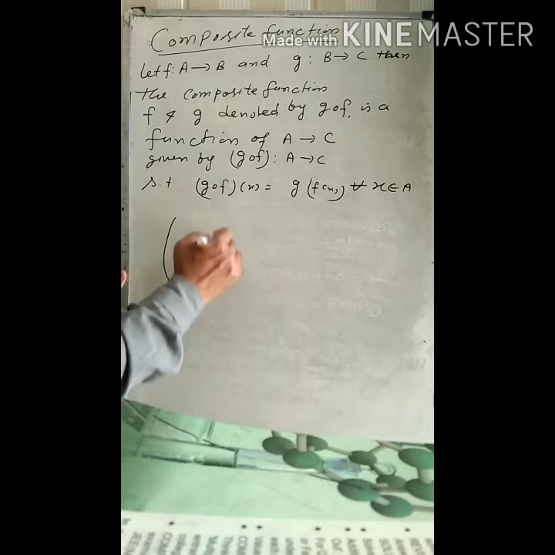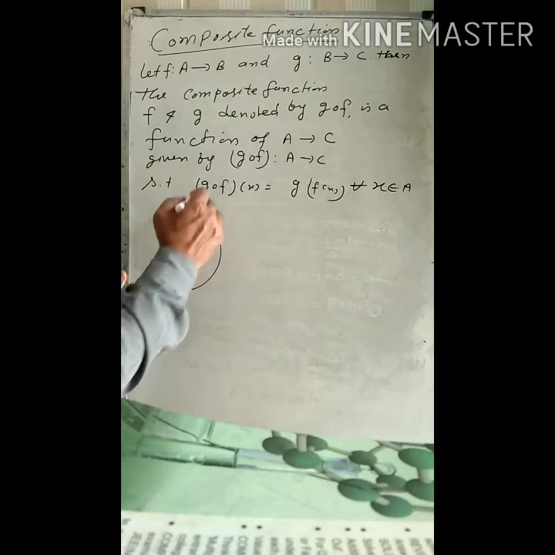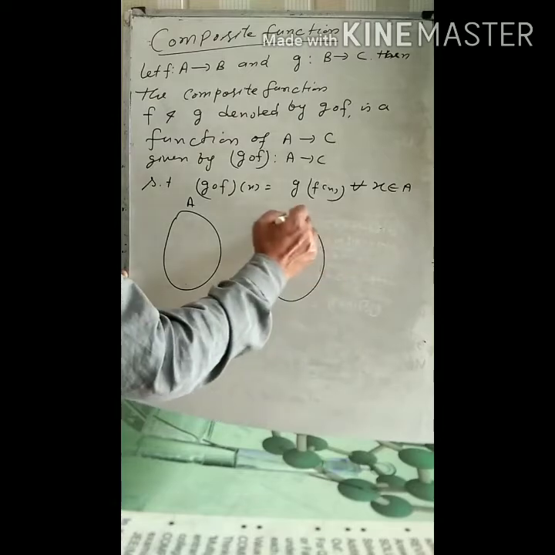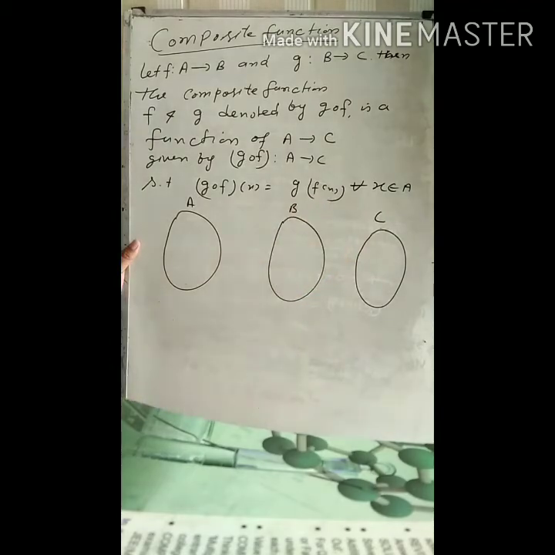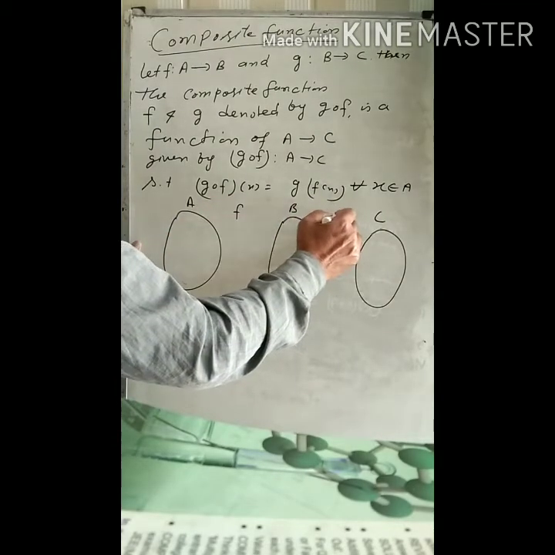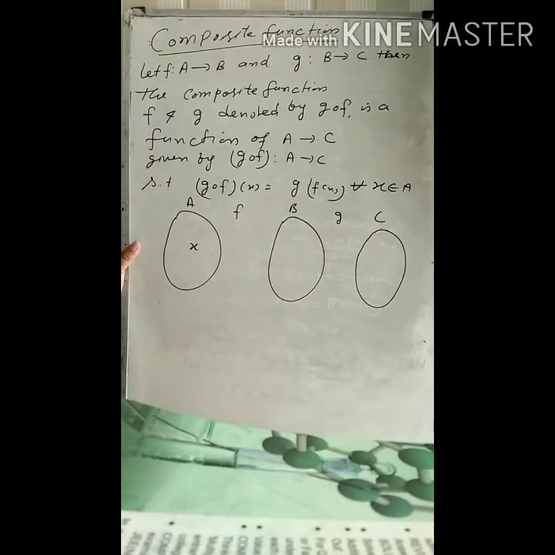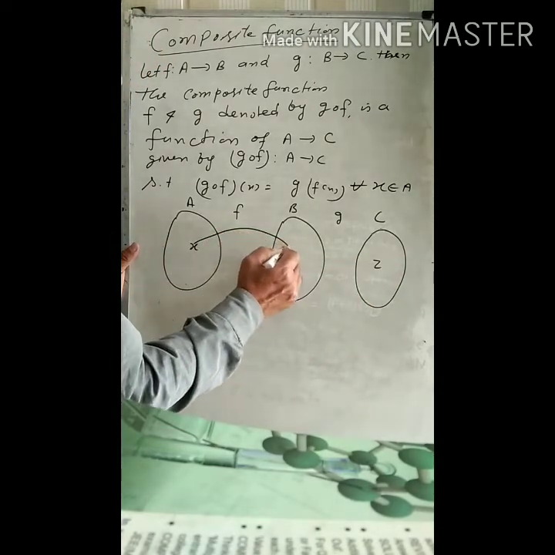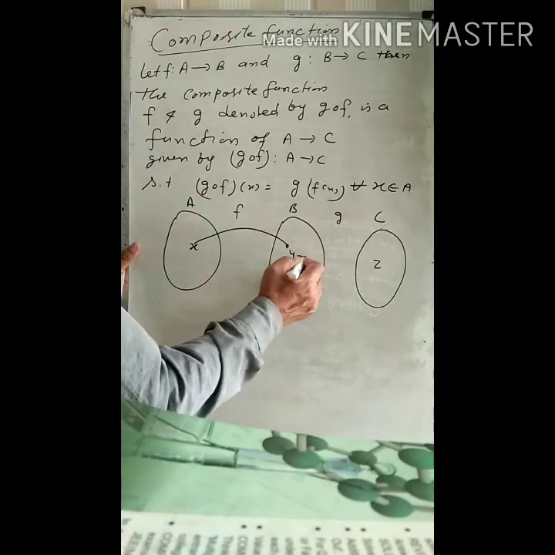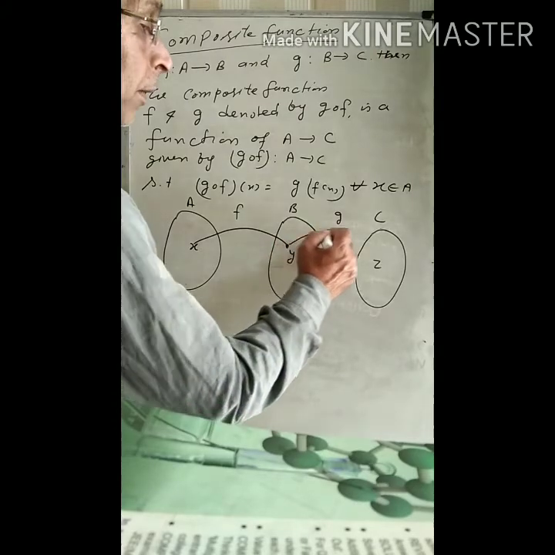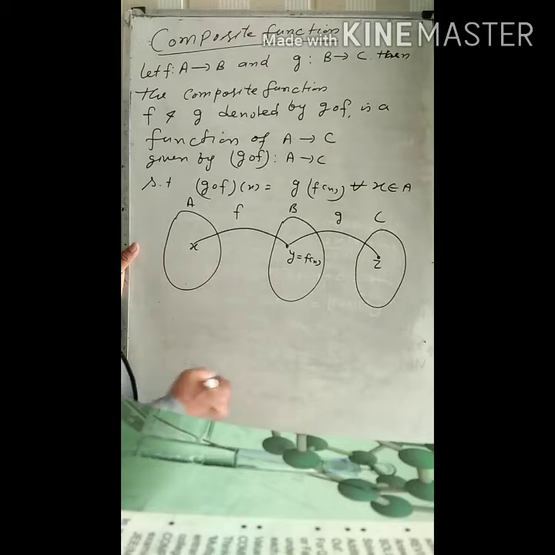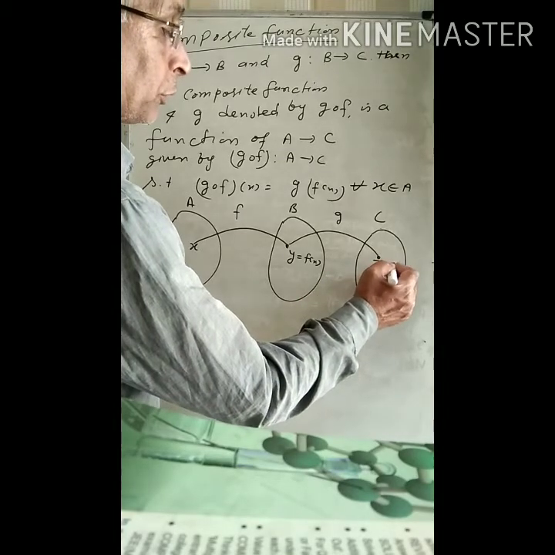देखिए, ये सेट A है, ये सेट B है और ये सेट C है। फंक्शन f और g, x is the domain of this function, y and z. तो y is equal to fx, z is equal to gy,